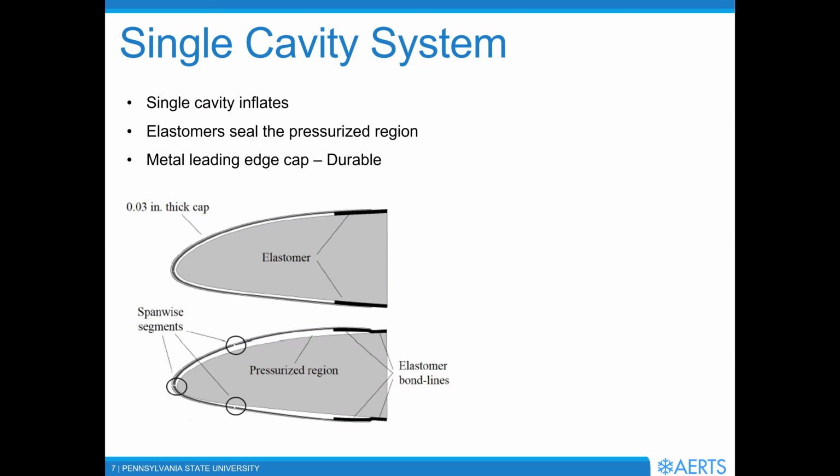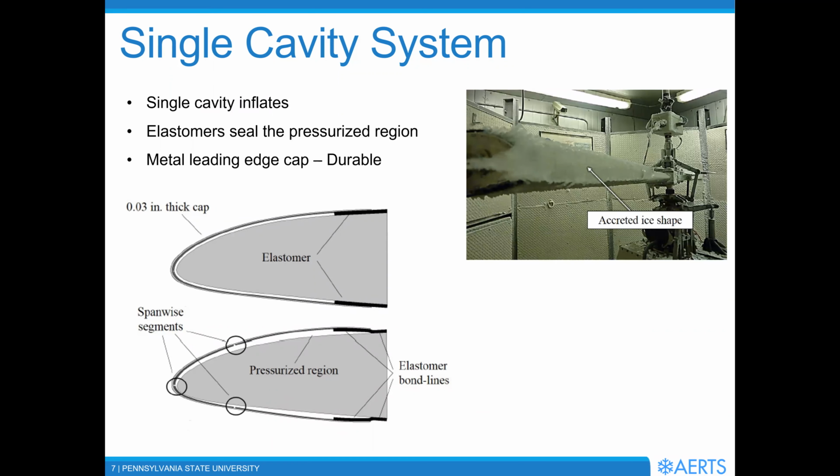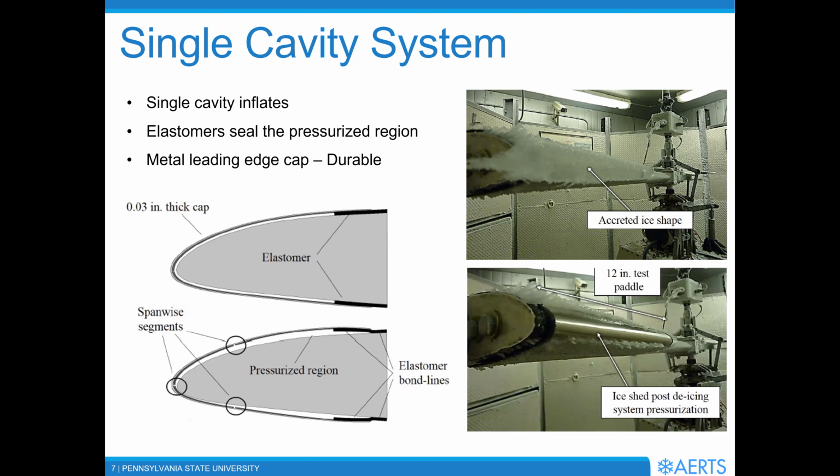And this research was conducted maybe back in, I would say, 2014 or so, and was mostly catered for rotating structures because the pressures we used were actually created by the centrifugal pumping of the rotor itself. I don't want to go into the major details on that, but the point is that we demonstrated that this single cavity inflation was possible